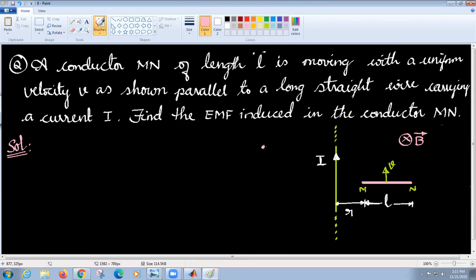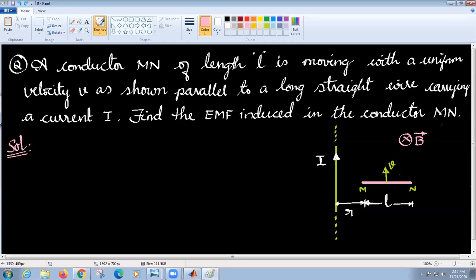And on the left hand side, B will come out like this, and again B will go all the way into the board and come around again. This fact we are very familiar with. So B always forms a loop. As we have this MN conductor towards the right hand side, we are considering B only on the right hand side, and we ignore the B on the left hand side. So let me remove everything now. All right, so that is what you have.